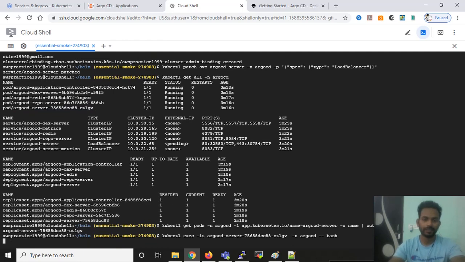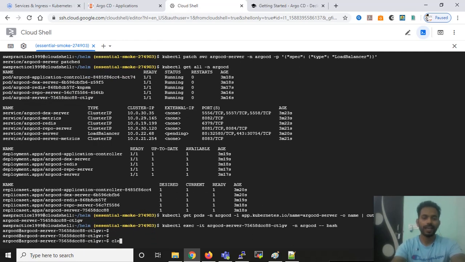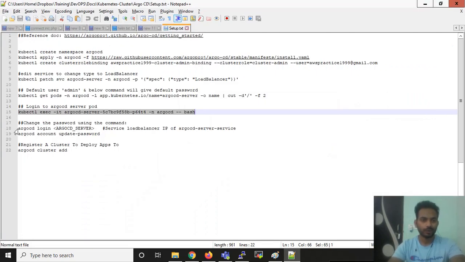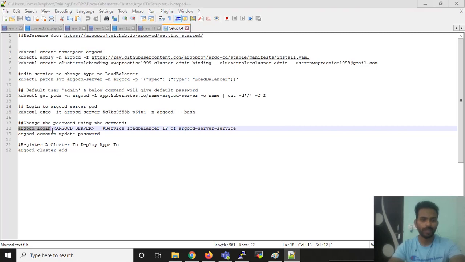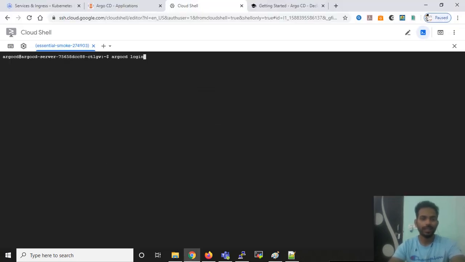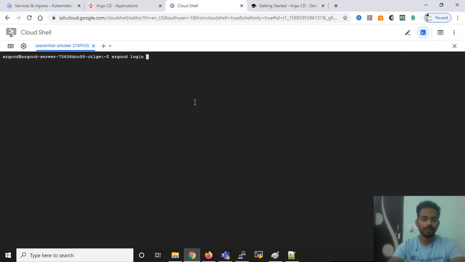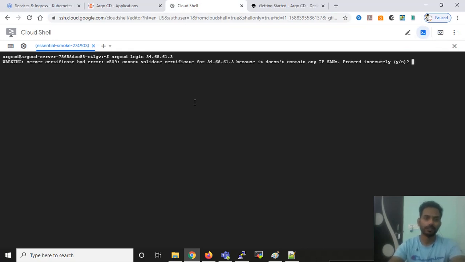So you can access the kubectl exec Argo CD server pod. Now we have the Argo CD server pod here. The next step is to log in onto it. You need to copy the argocd login command and paste it, and the IP address that you got for the Argo CD server, you need to paste it here and then log in.